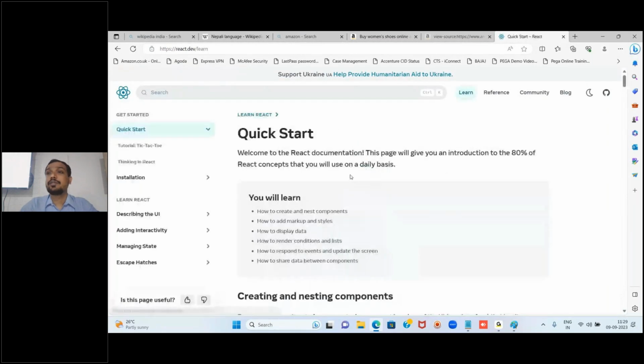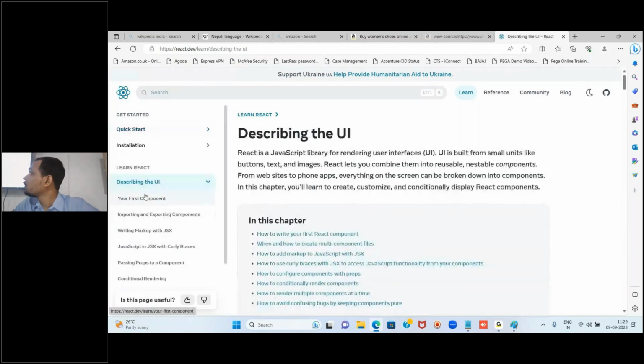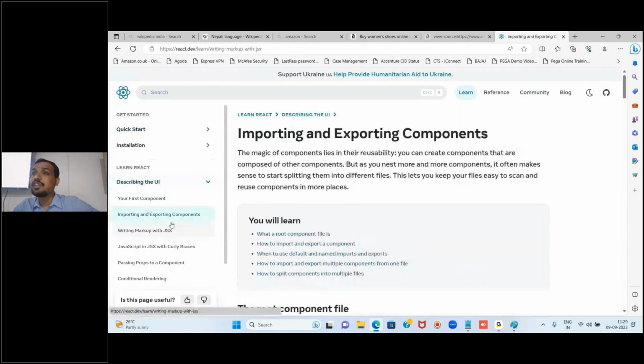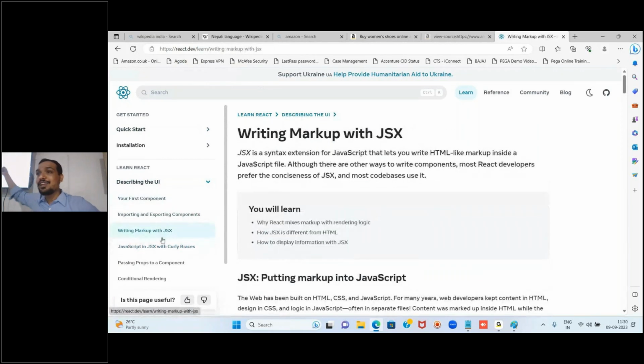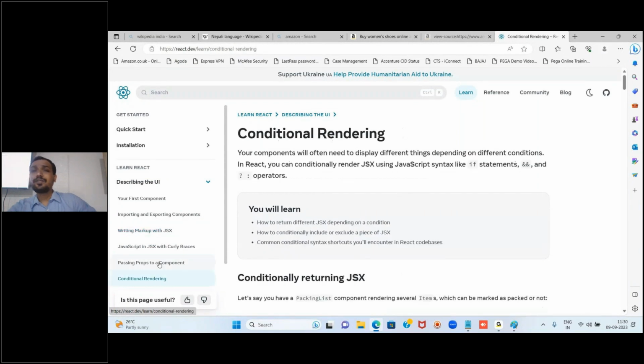This is the React website, the official website of React. Clear? Here also you are able to see links. All of you, on the left side, able to see links? Now see, here I am clicking, content changing or not? Observe this carefully, this button is not refreshing. The URL is changing in the address bar, the content is changing, but the page is not reloading or refreshing. You observed or not, all of you?